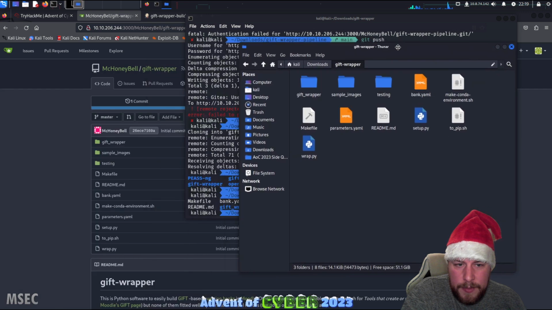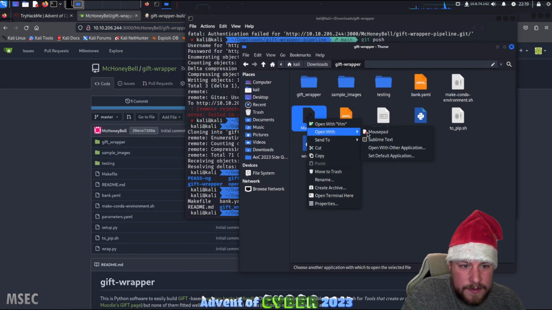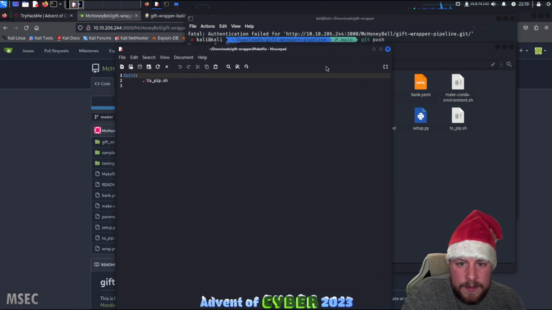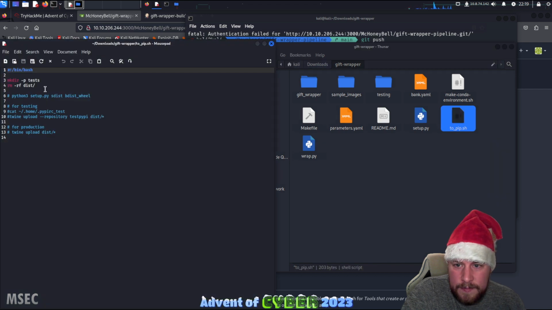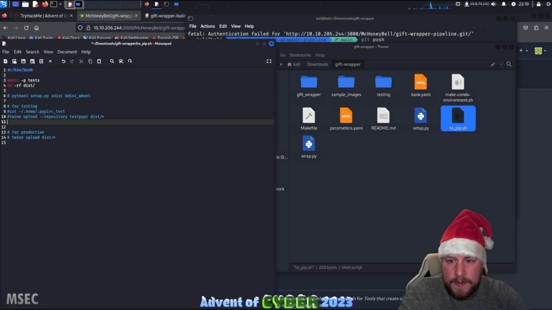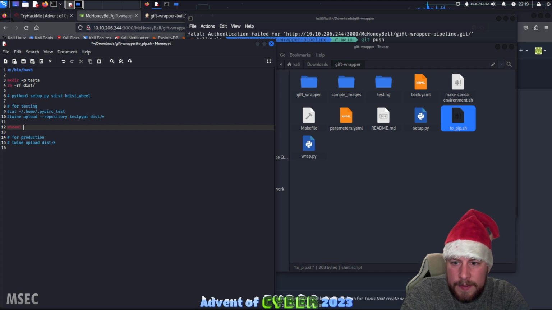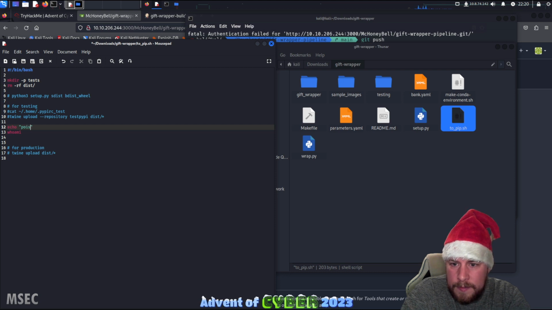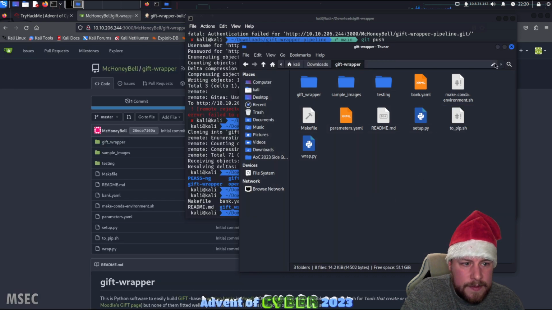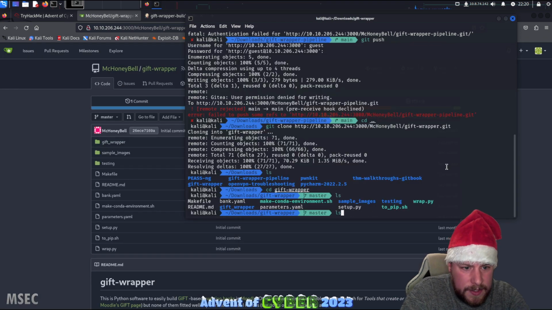So Git wrapper, now we can modify these, so we can go into the make file. We know that builds that, so we can go into pip. Just put like who am I? Let's do like echo poisoned command, just so I know that that's the who am I that I've added. So we made the change,